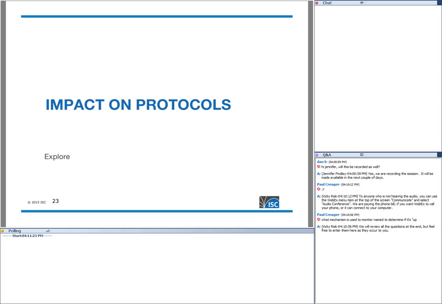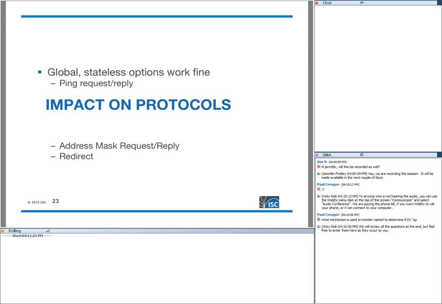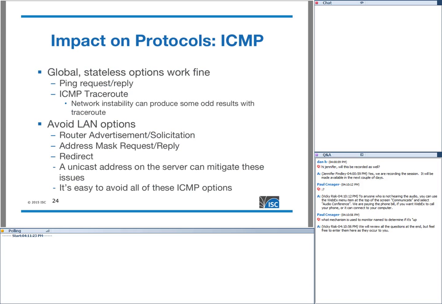So there are some impacts on protocols that you have to be aware of when working with Anycast, because essentially you have the same source prefix being sourced from multiple locations. So global stateless options work fine, but some things you have to keep in mind, for example, a traceroute. So if I, for example, was on our Amsterdam F-Root node, and I was trying to trace back to someone that had reported a connectivity problem, and I was sourcing from that virtual loopback, from that Anycasted address, what I